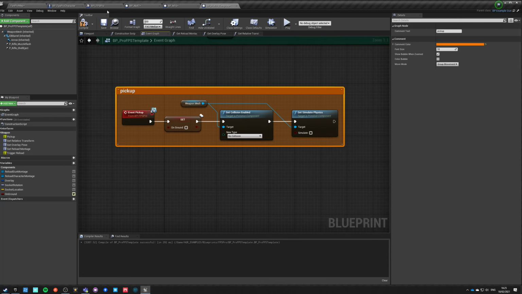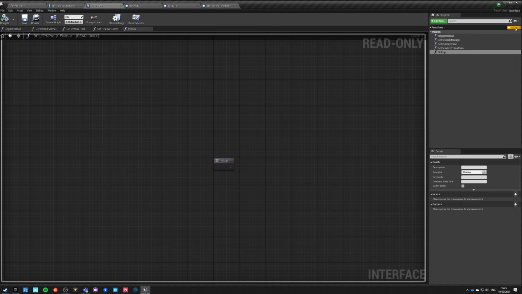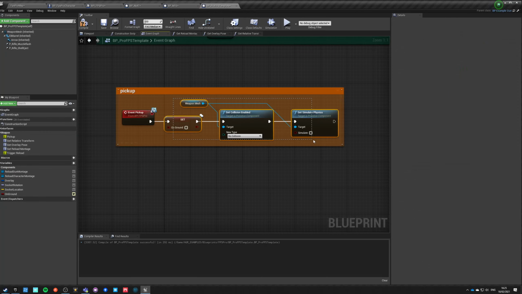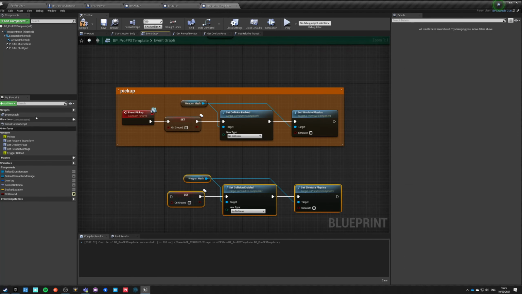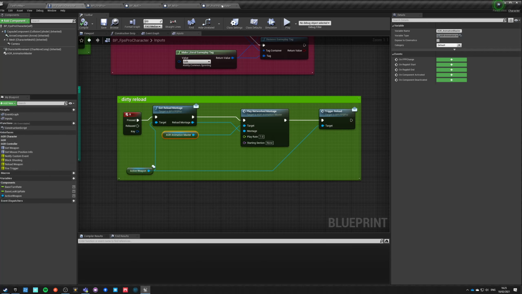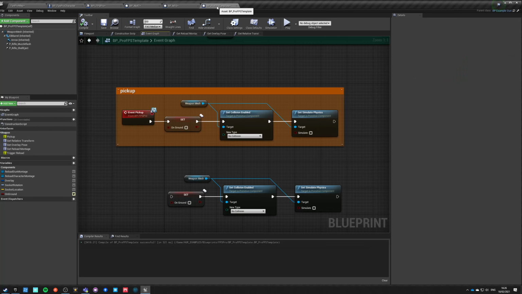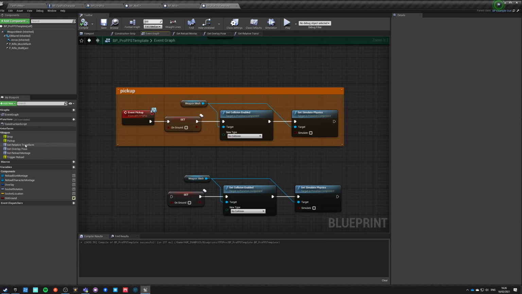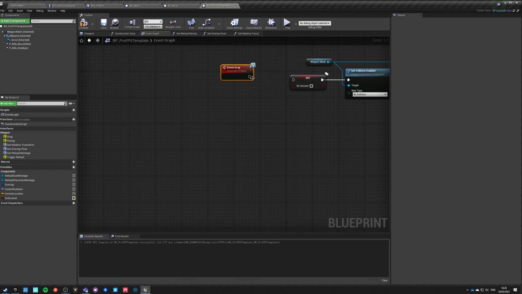Pickup, and we're going to immediately do another one which will be called drop. And for weapon drop, we don't even have to detach the weapon, all we have to do is just reverse this and just compile. Where is it? Here, so drop, pickup, drop. Yeah, compile, save, compile, save, drop, implement. Thank you.